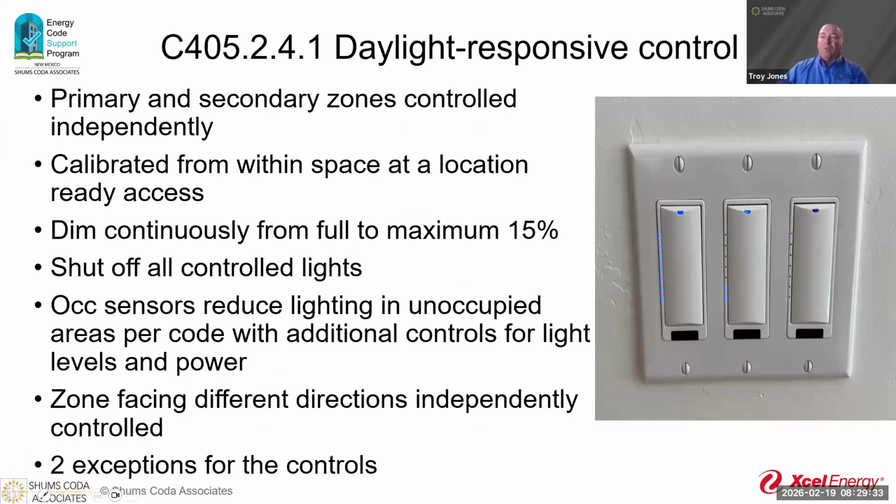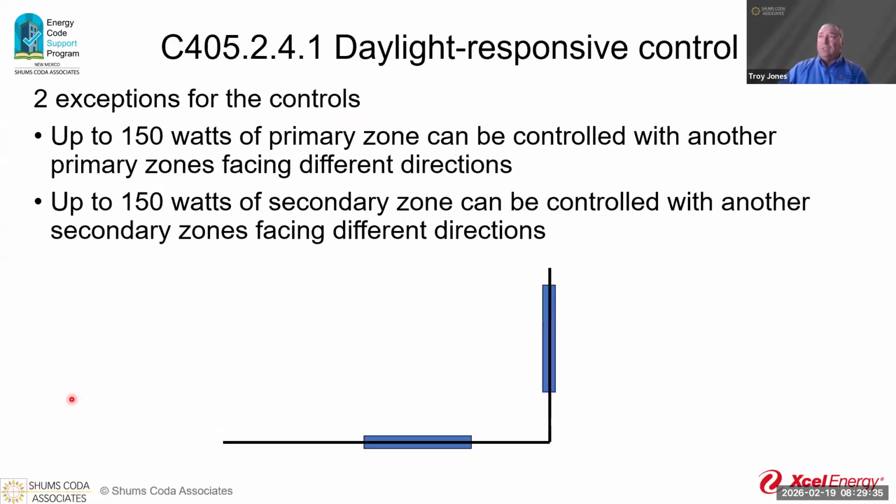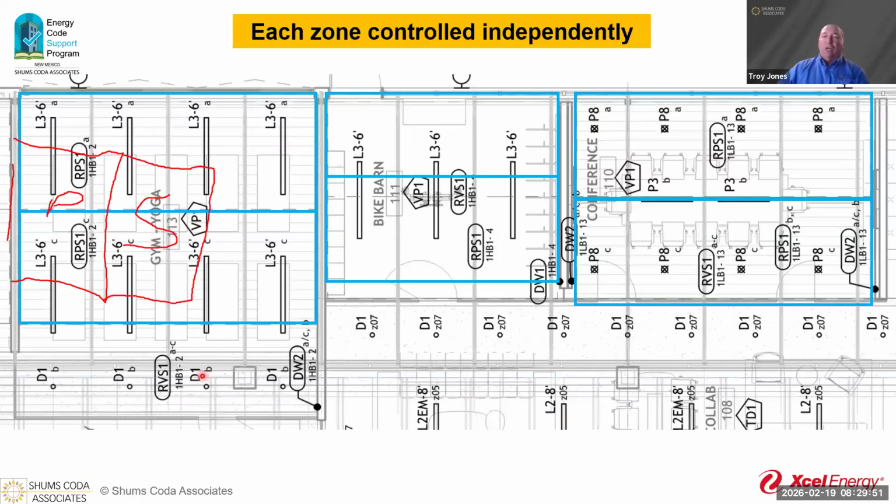There are two exceptions for the controls. Up to 150 watts of primary zone can be controlled with another primary zone facing the different direction, and up to 150 watts of secondary zone can be controlled with another secondary zone facing different directions. So back here to our drawing, if this was only 150 watts